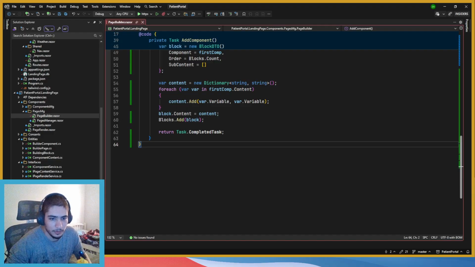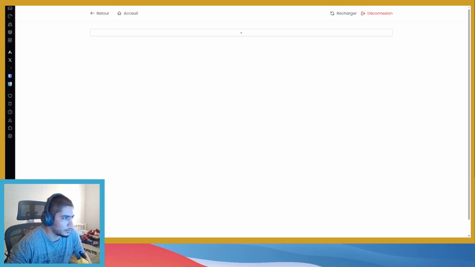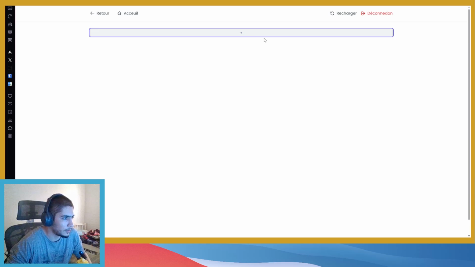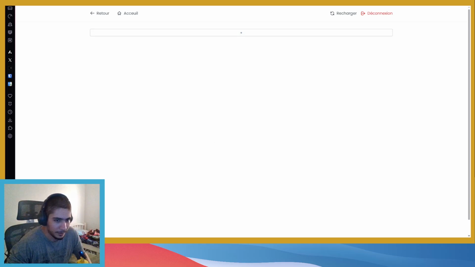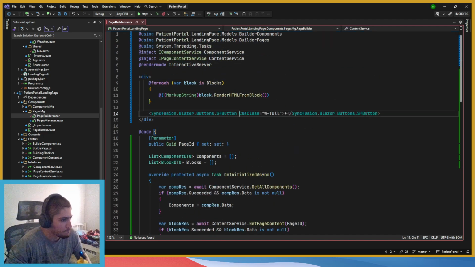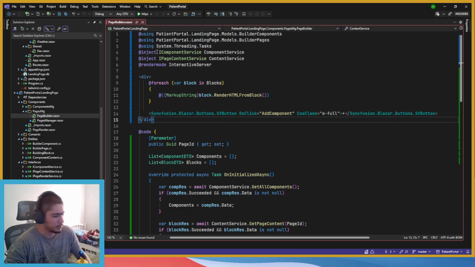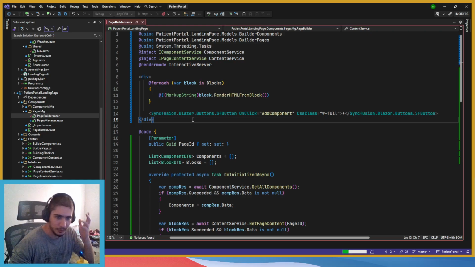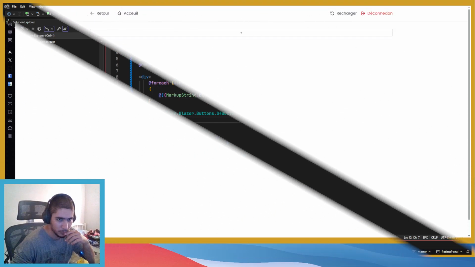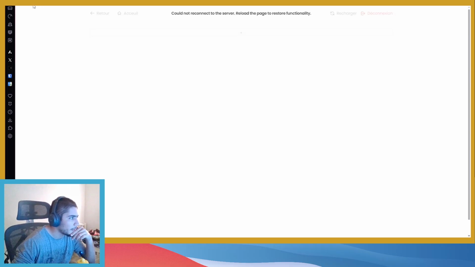Let's reload it. I'm going to take you with me to the other screen. There we go. Yeah, we didn't add the click in the click thing. Okay, let's go back and we add it. So on click, we're going to do add components. Yeah, let's do this. Let's rebuild it. Build the whole project as well, I guess. Might as well do it. Let's restart.